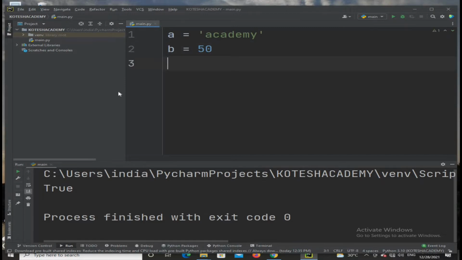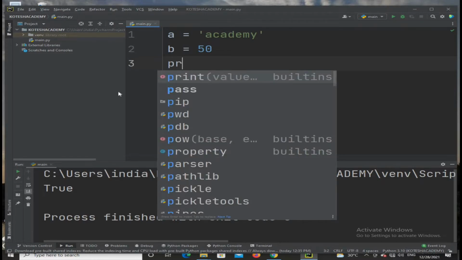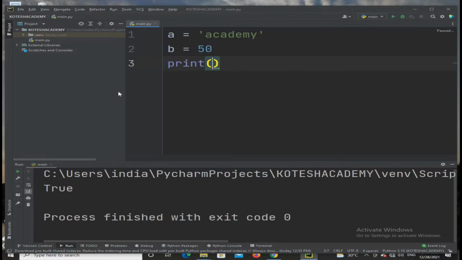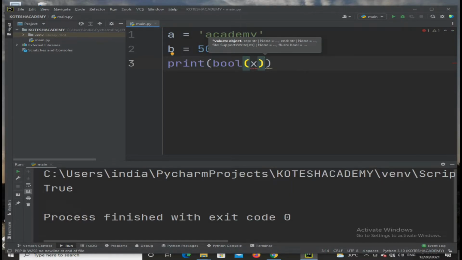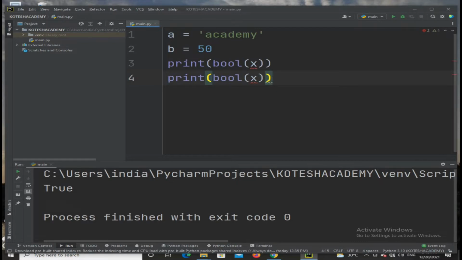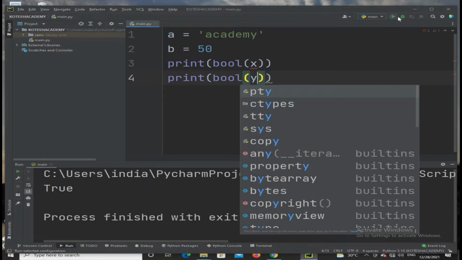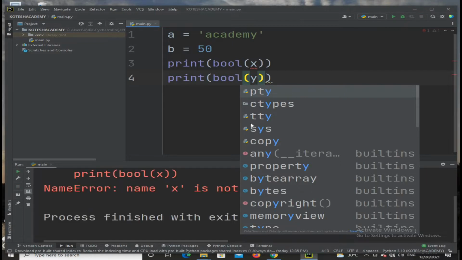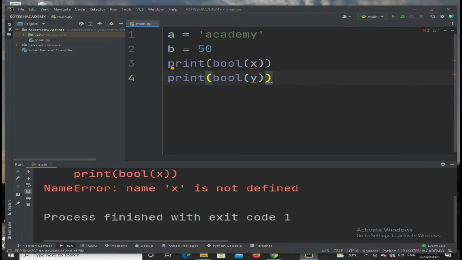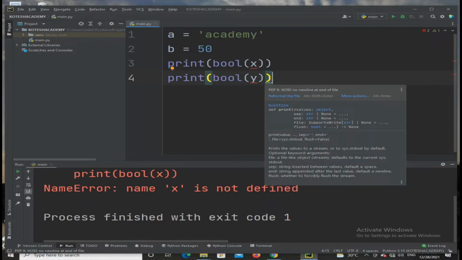Now I am representing the same example here: print of Boolean of X. The same example can be represented in terms of Y, that is a Control C, and you can paste the same, the value is Y. After execution of these two lines, you will get the result for the X and Y values.